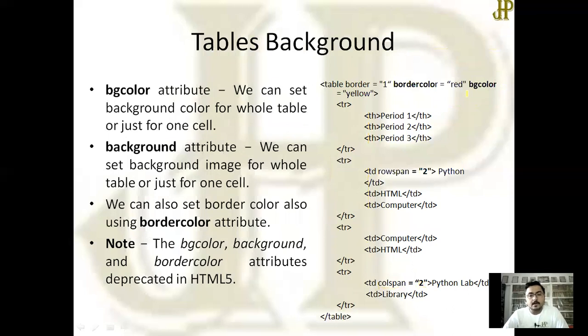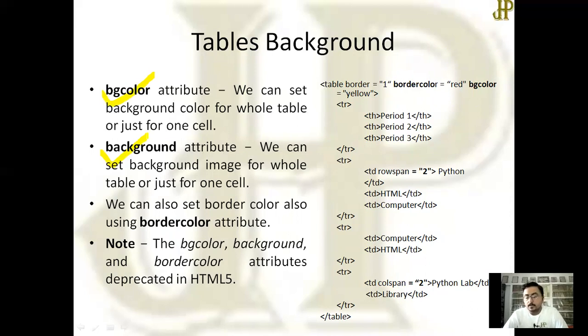Next one is a very simple one: table background. If you want to change the background color of your table, then you have to use bgcolor. And if you want to insert some image, then you have to give the background attribute. These two are the same as when I taught you about the body attribute.